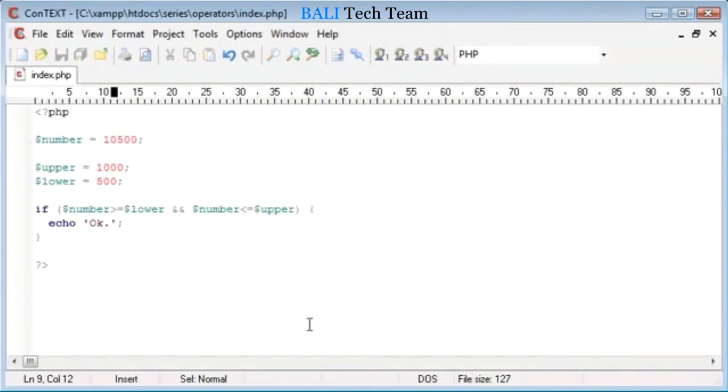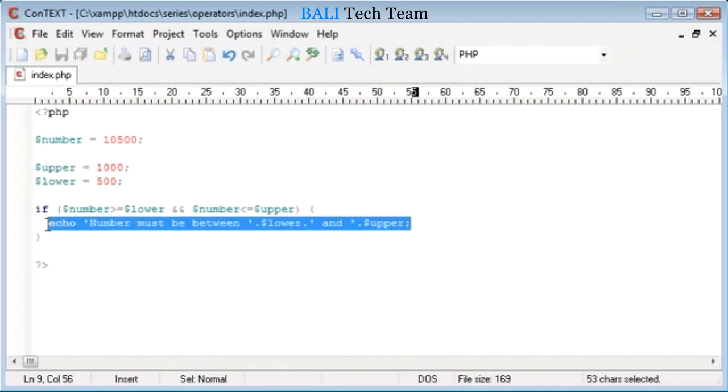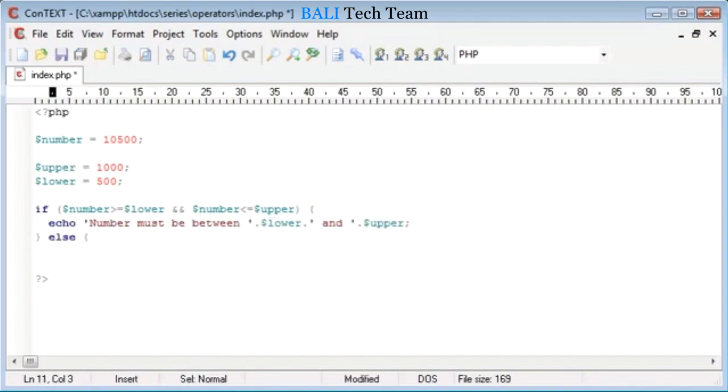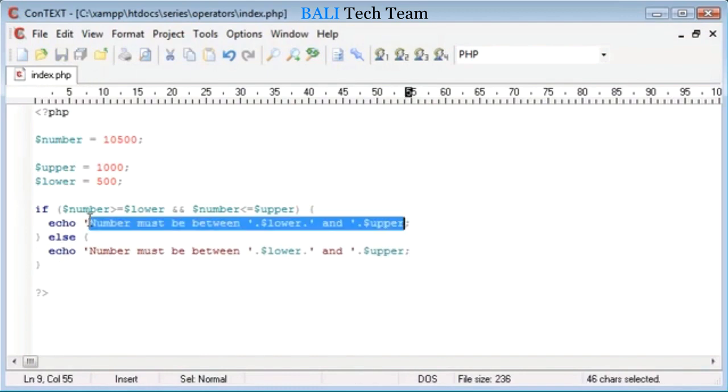What I'm going to do at this point is use a bit of concatenation inside here, and I'm going to say "number must be between", then a space, lower, and then I'm going to concatenate on some text with a space either side, and upper. Okay, so this is going to read "number must be between lower and upper". In fact, no, that needs to go in our else part, obviously, because if that doesn't evaluate to true, otherwise,